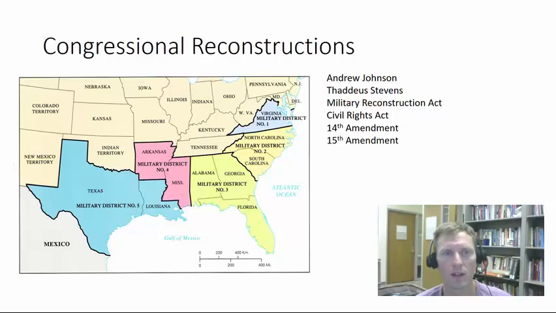He basically thought of a kind of minimalist approach to how African Americans should be helped. So he did things like he vetoed the Freedmen's Bureau bill, he vetoed civil rights bills, and congressmen flared up against him. A number of congressmen like Thaddeus Stevens and others looked at the Black Codes. They looked at white violence against African Americans after the Civil War, and they said, no, we can't have fought a Civil War. We can't have lost so many men to then basically have the South be exactly the same as it was before the war.